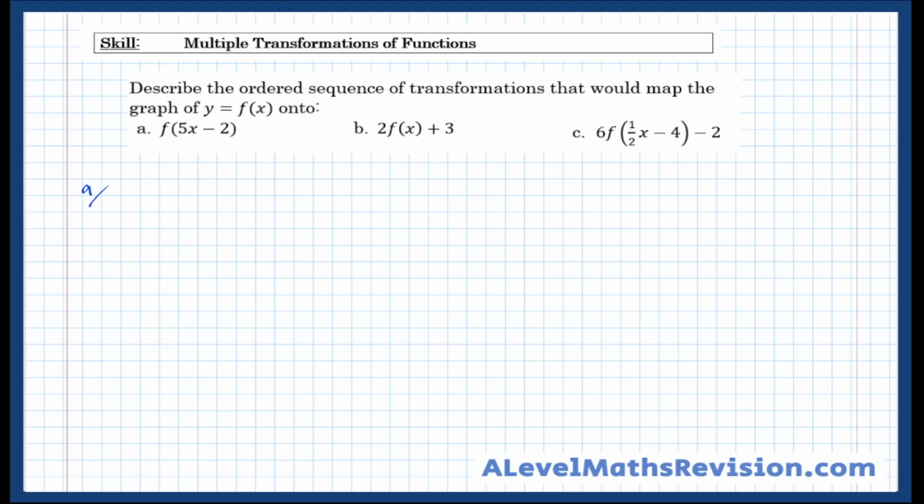So part A, the first thing to be done is the translation, and that's 2 in the positive x direction and none in the y direction, because inside transformations affect x values. Then stretch by scale factor 1/5 parallel to the x-axis. So remember, the key point with this is that inside transformations don't only do the opposite